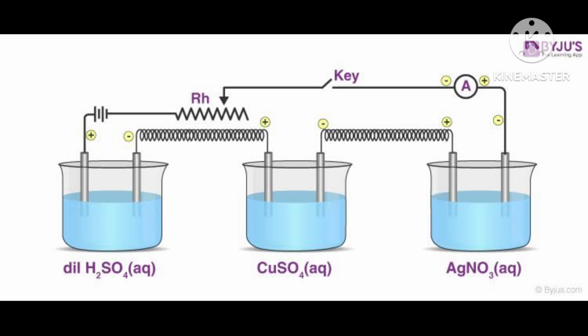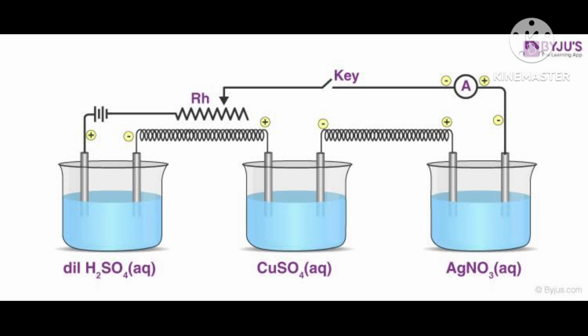Hence, we have only one cation, sodium ion, which is reduced at the cathode, means Na+ plus 1 electron will give sodium metal at cathode, and one anion, Cl-, which is oxidized at the anode, means Cl will